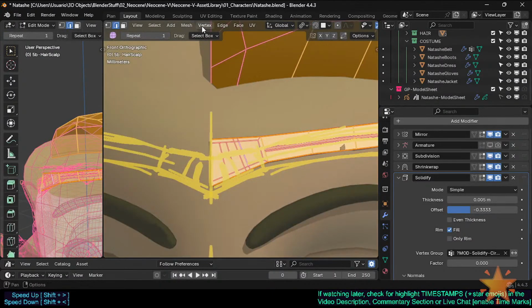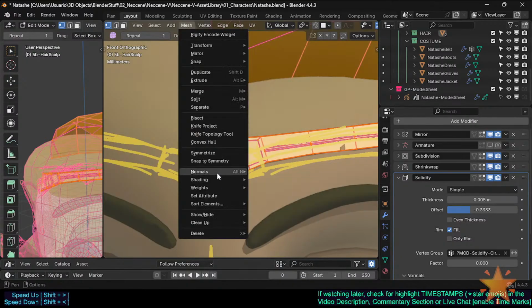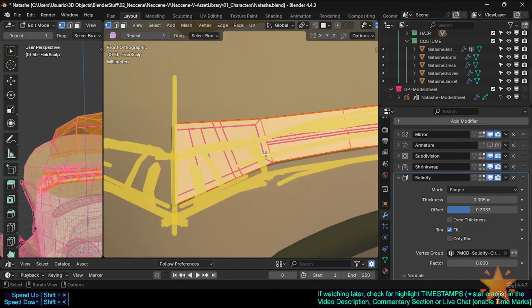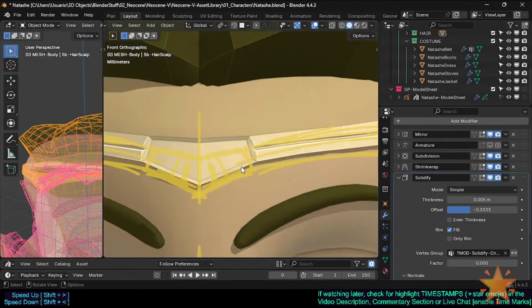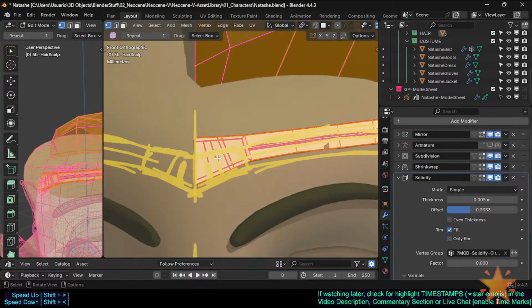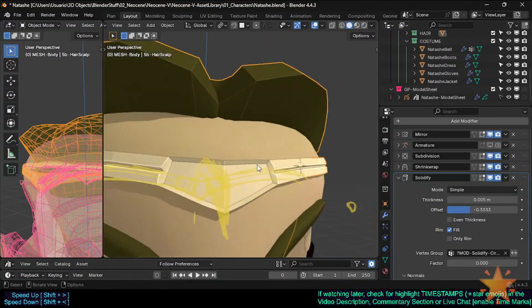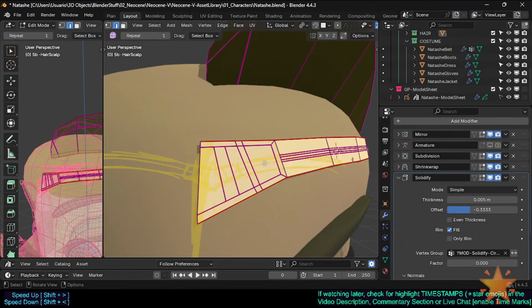Just in case, vertex mesh, normals reset vectors. We are gonna mark sharp for all this. And now I need to play with what will. It's looking beautiful, right? But it's not exactly what I want. So I need to change the vertex group now of the